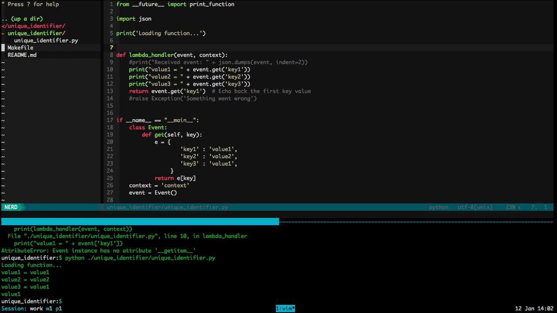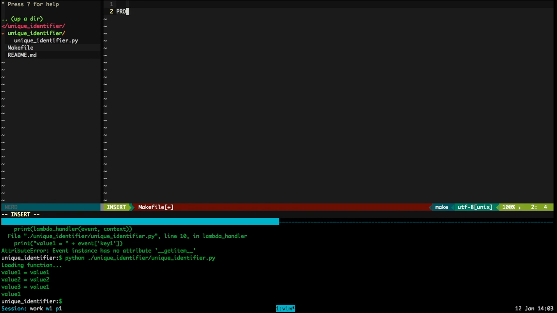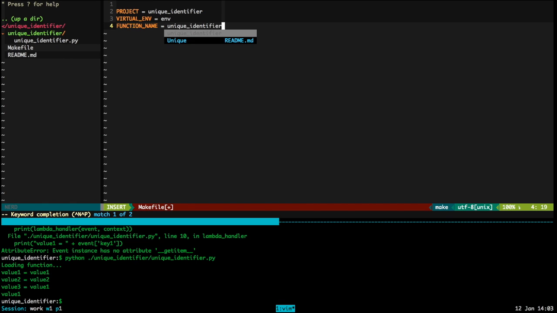Okay, so the first thing I'm going to do is open up my Makefile, and I'm going to create a project variable, a unique identifier. We're also going to use virtualenv. So this is the directory of the virtual environment. Create a function name. These are all essentially constants, variables that we are going to use in our Makefile. Function name is going to be called unique identifier. Then we are going to choose an AWS region, US East, and then we're going to have the function handler name, lambda_handler,